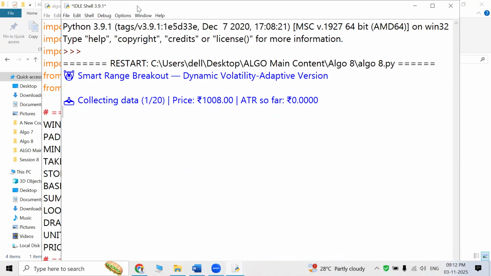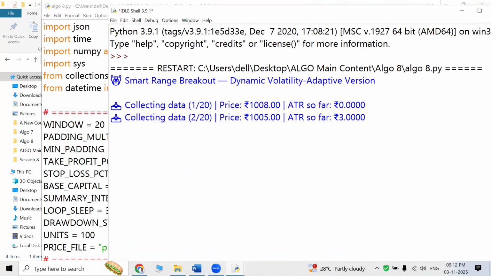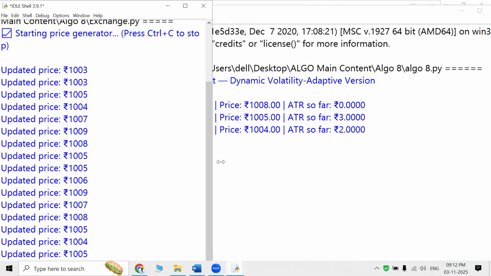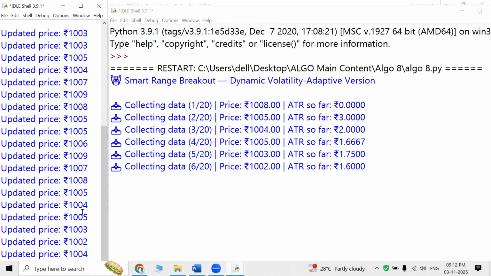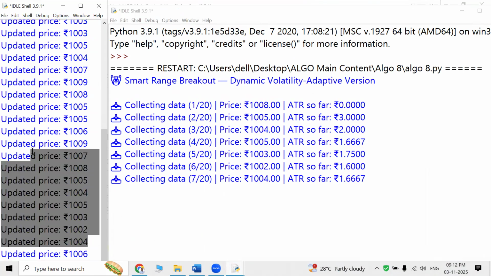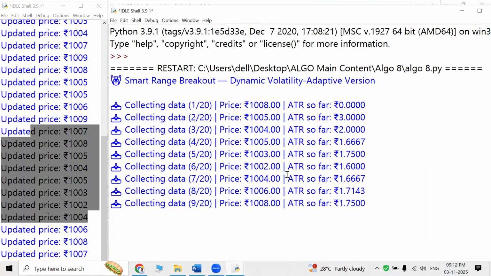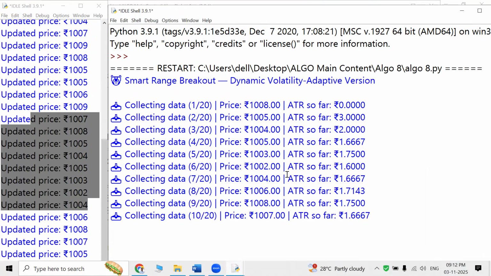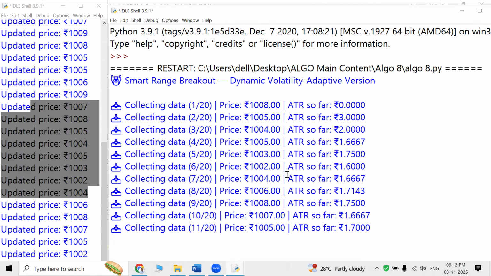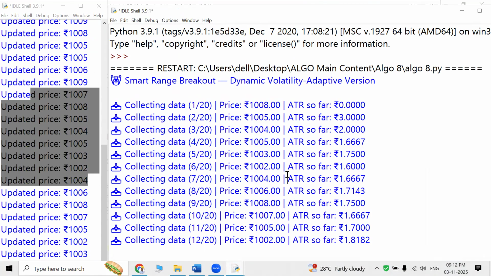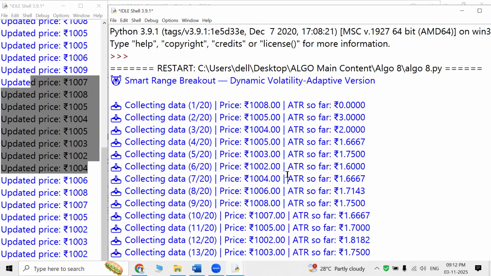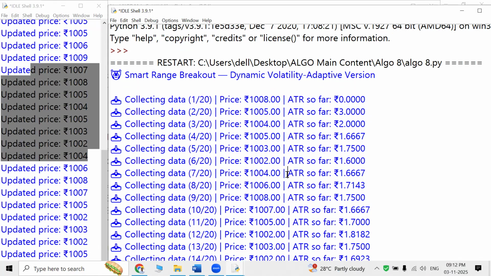Okay, now I keep both the files together so we can observe the change in price of the market as well as how the algo is behaving. So now this is the change in price. I have no control over it. I have control only over this. This change in price is so random in nature, like what is happening in the market. The buyers and sellers are basically following each other, and the price